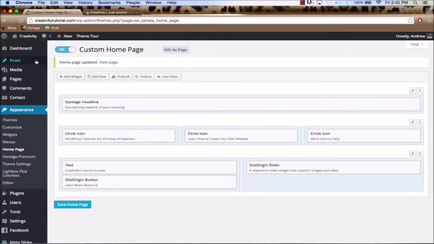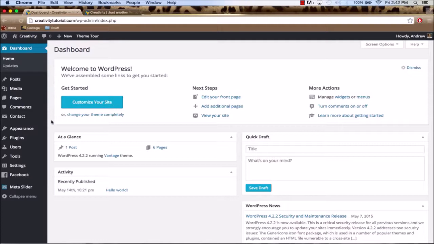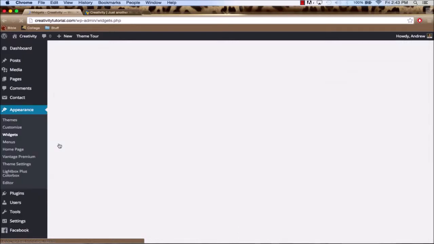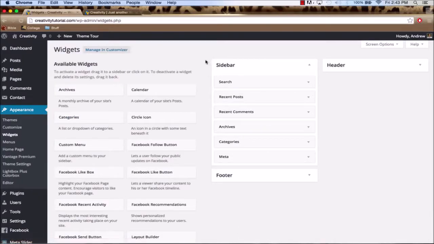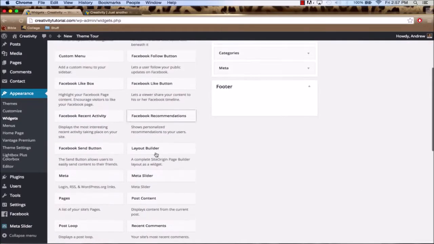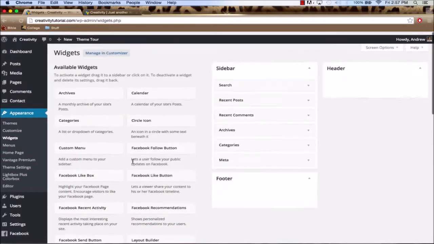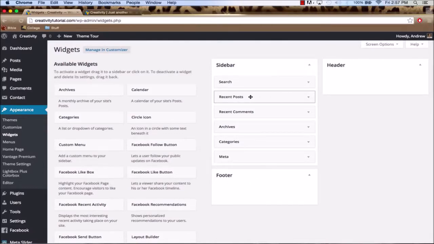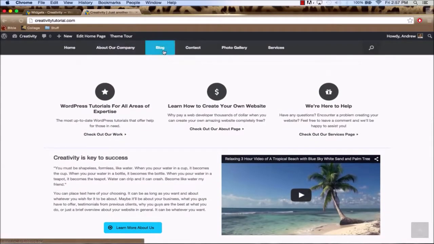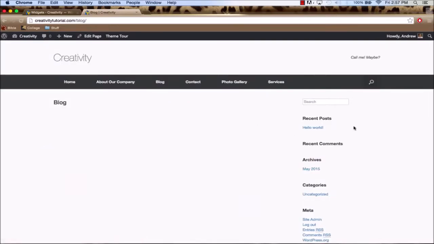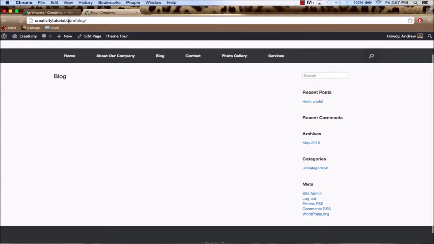So go to your dashboard and then go to Appearance and Widgets. Once you get here, you're going to see that you have a sidebar. Your sidebar is an area where you can add widgets. Your footer is technically a sidebar too, and your header is a sidebar too. They're all widgetized areas, meaning that any of these widgets right here, you can add into any of these 3 areas. So if we were to go to our blog page, you'll see over here on the right hand side, this is our sidebar,